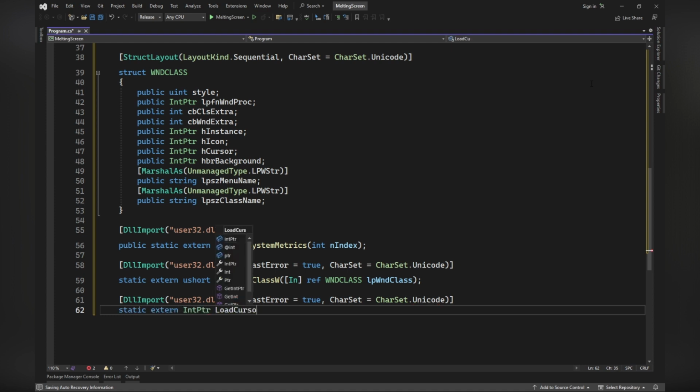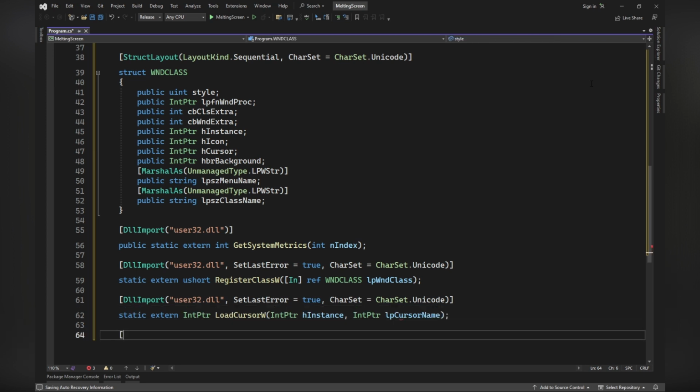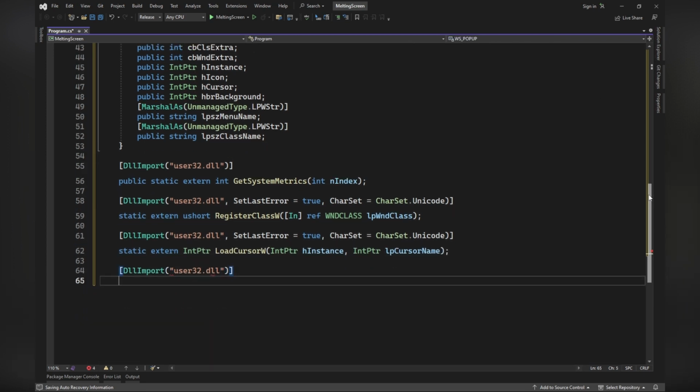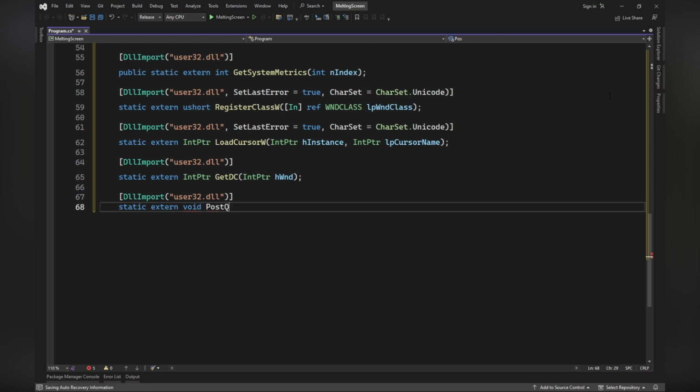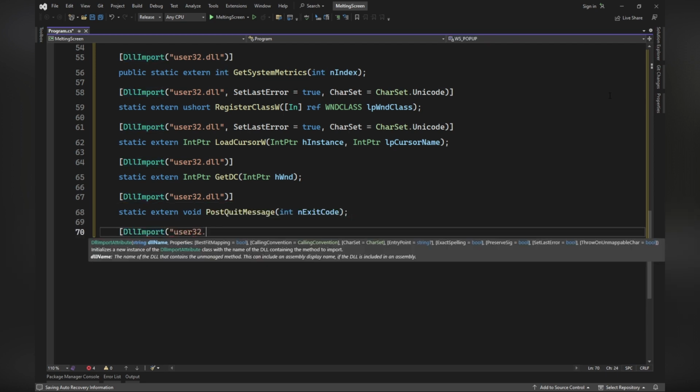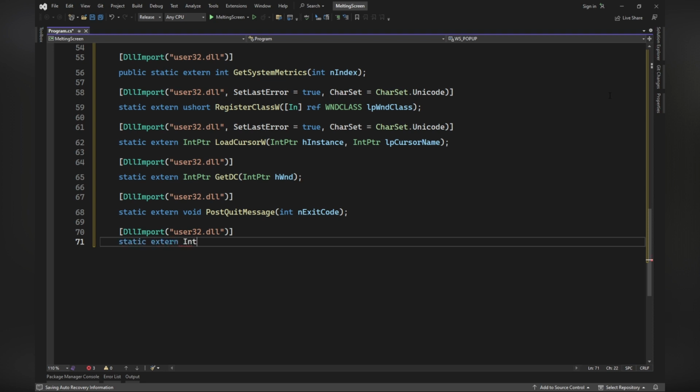LPSZMenuName, menu resource name. LPSZClassName, window class name. Marked with the MarshalAs(UnmanagedType.LPWStr) attribute, indicating that the LPSZMenuName and LPSZClassName strings will be represented in Unicode format. Declaring methods for calling functions from the Windows API libraries, user32.dll and gdi32.dll, using Platform Invocation Services,